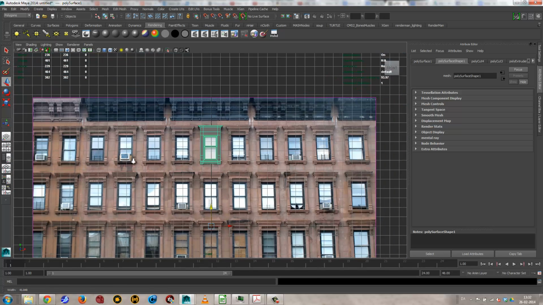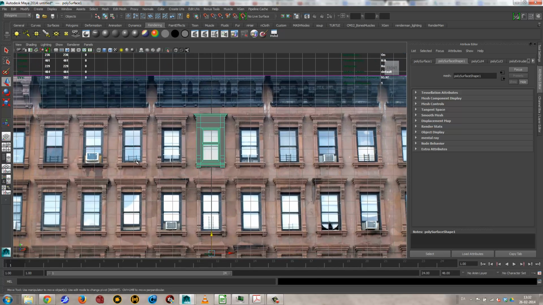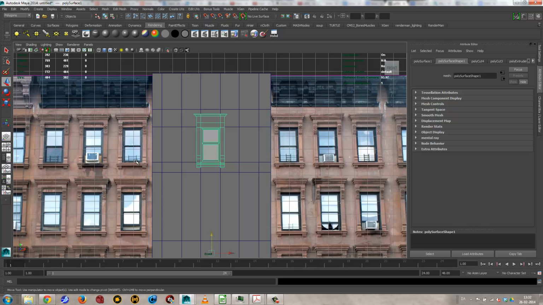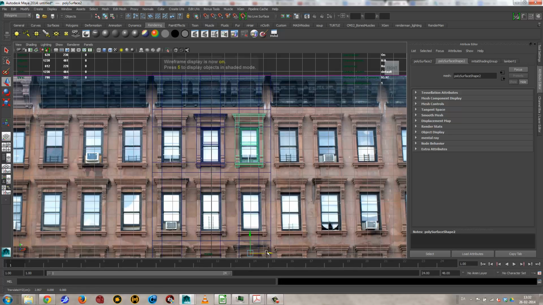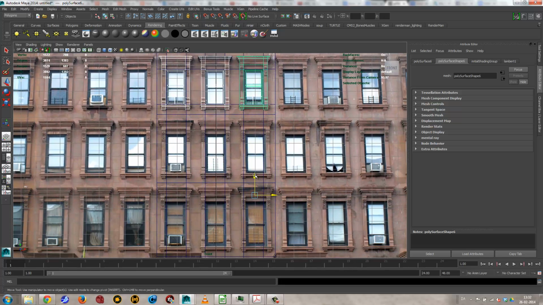So go back to front view, Control Shift H will show the last hidden object, and then I can grab this, Control D, and I can start to move this around and just place these, Control D, place it over here, and then maybe grab all of them, Control D, move this down,